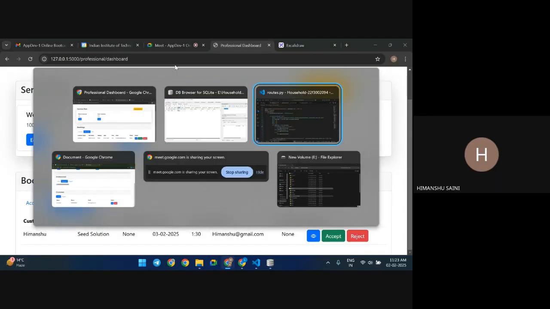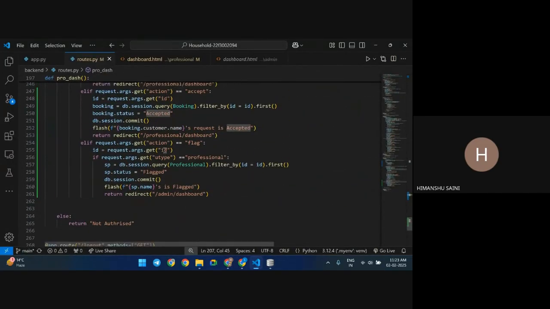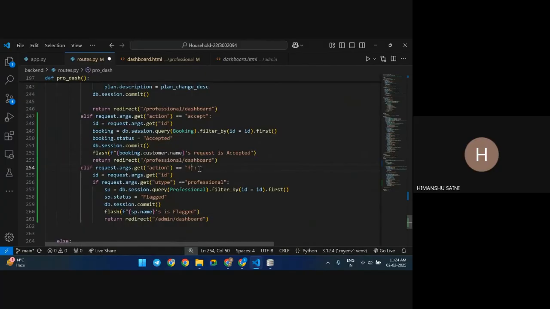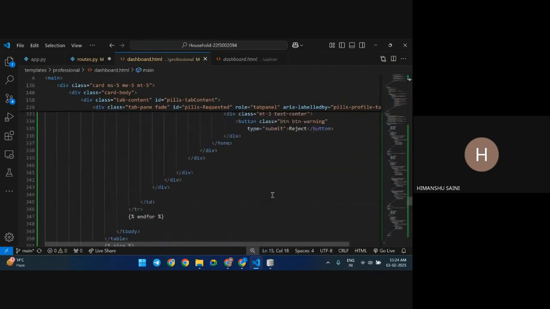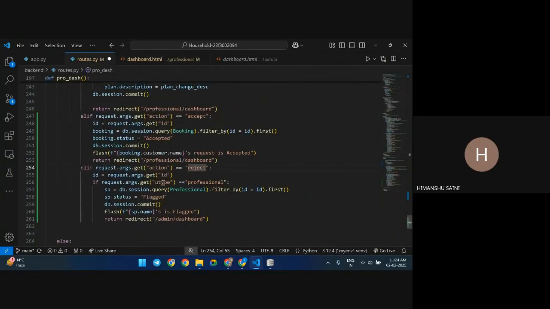So I'll just craft the route again for rejected. So this is accept. Now this should be reject, because if I go down here, this action will be reject, and ID will be the booking ID. I'll go here. This is reject. I'll just copy this same, right? It will be the very same, but instead of accept, the status will be